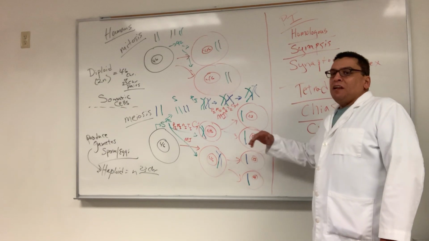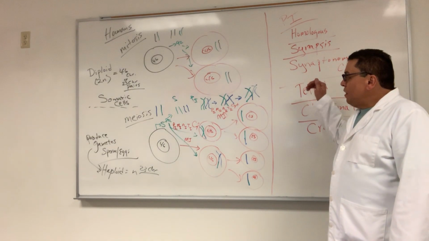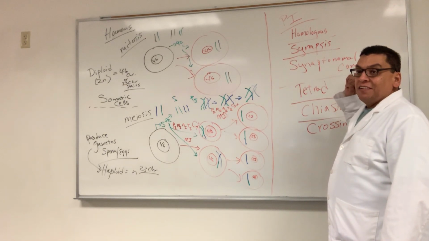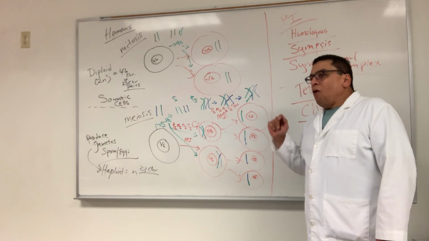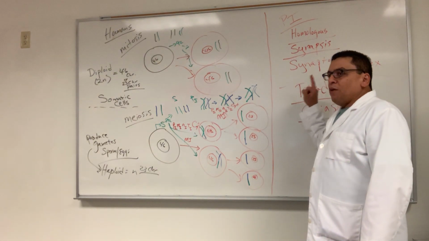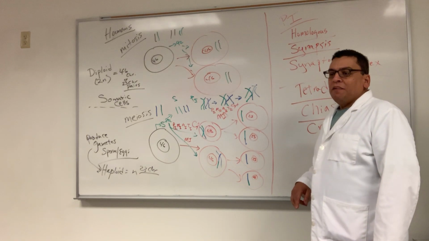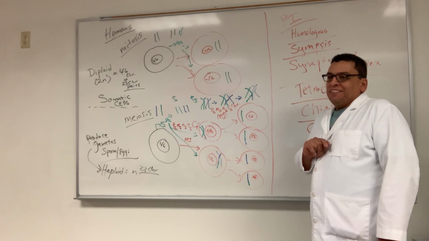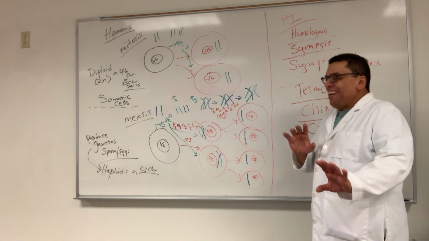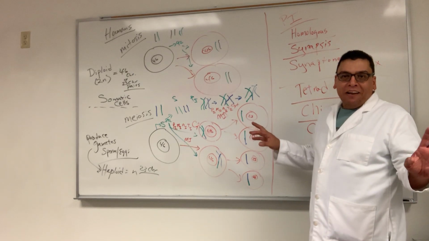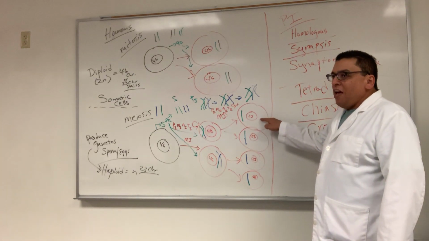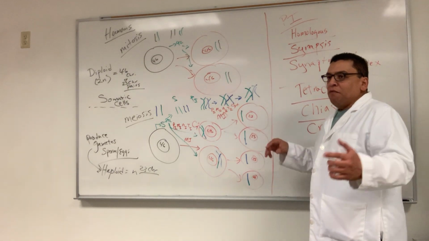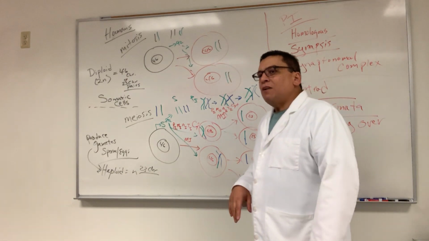Here is another layer of genetic variation. The third layer of genetic variation happens at the point of fertilization. You cannot control which egg gets fertilized by which sperm. I know you might take that as an insult. Wait a minute, I'm married. I have a boyfriend, whatever. Regardless of whether you're monogamous or not, you cannot control which egg is fertilized by which sperm. Even if you do it in vitro, it's still a random event. So we call it random fertilization.